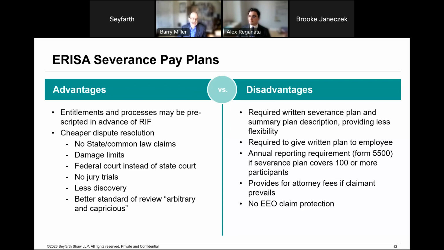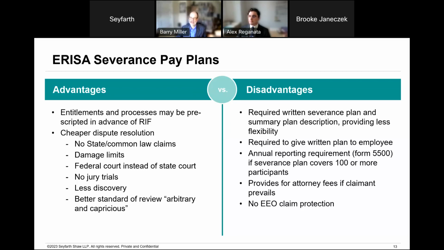One limitation is an ERISA severance pay plan is very unlikely to shield an organization from claims based on the identity of the people selected. In other words, if a certain person is included in a layoff and they assert that they were selected for layoff rather than some comparator because of their race, religion, national origin, or age, having an ERISA severance pay plan is not going to make that claim go away.